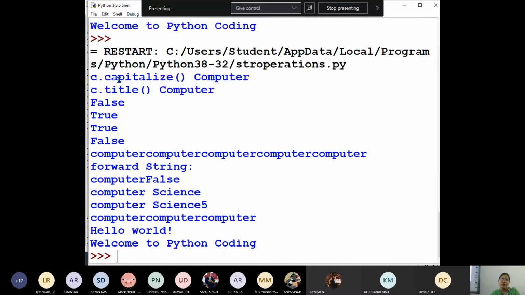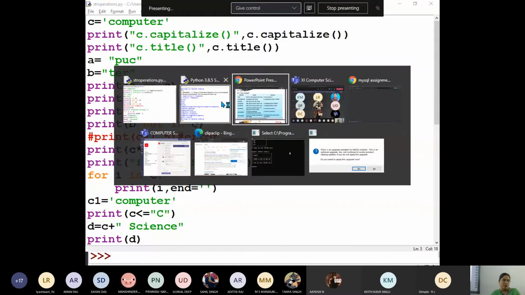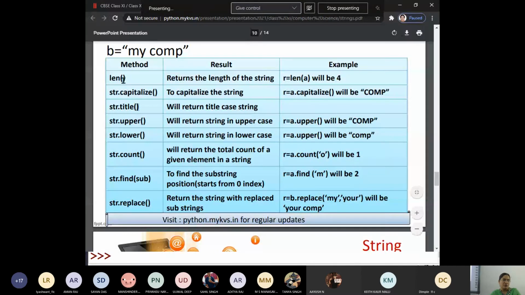Okay, so capitalize किया तो भी first character capital हो गया, title case में भी first character capital हो गया. But in the lower versions, no, capitalize will be making the entire string capital.